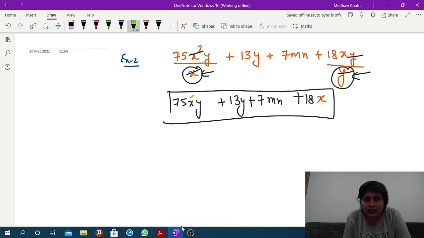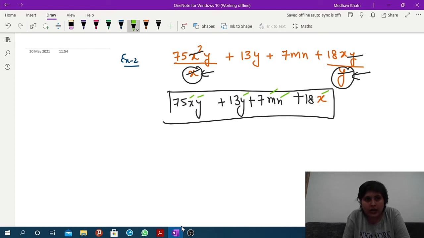Now we have to check whether it consists of any negative powers or not. Here x has positive power, y has positive power, here also y has positive power, here m, here n, here x. So all the variables have a positive power. That means this particular expression is an algebraic expression, as well as a polynomial. Clear? Any doubts in this question? We cannot say whether it is a polynomial or not without simplifying. First we have to simplify each and every question, and only then can we answer whether it is a polynomial or not. So do not say it in the first step only. First simplify, and then come to a conclusion.